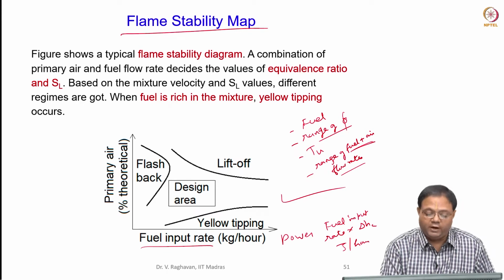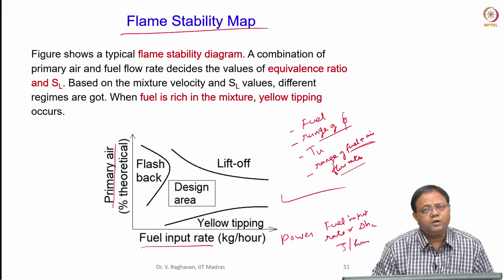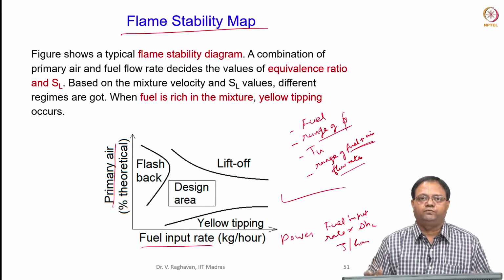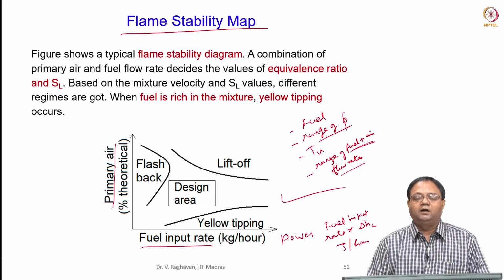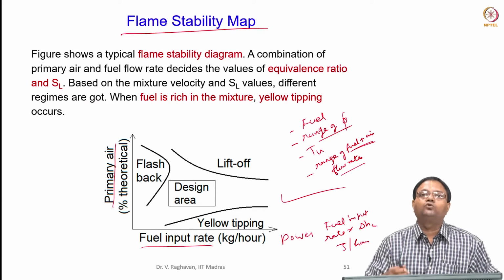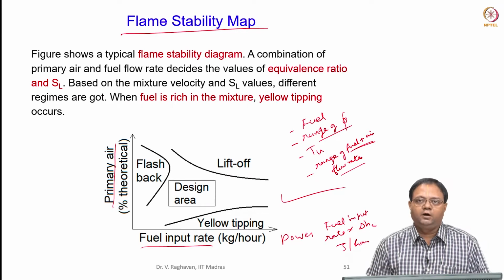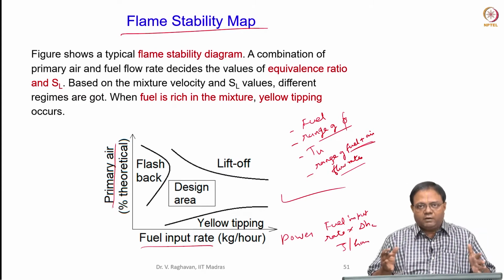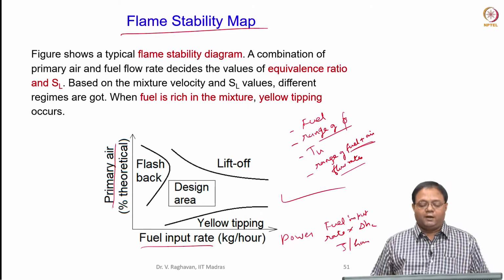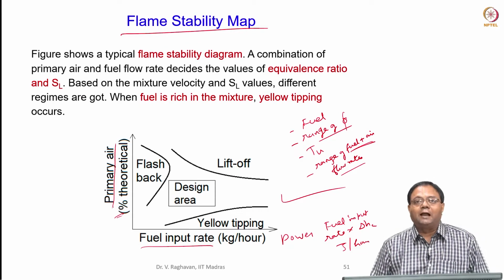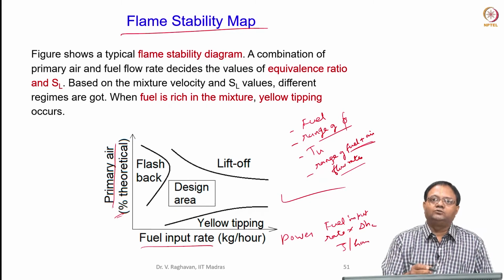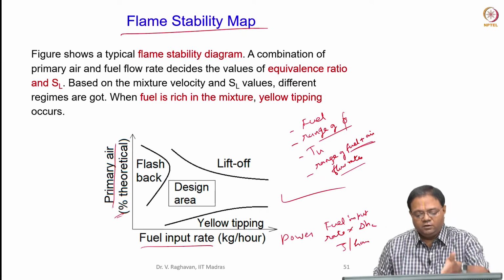Similarly, for the fuel flow rate, we have to supply air. Why I call it primary air is because normally in a big combustion there will be stages of combustion. So we will have primary air, and we will also have some secondary air to cool the hot products and so on. So secondary air, tertiary air, zonal air will be supplied. So primary air basically is the air which we supply along with the fuel. So that is called primary air. This is actually calculated as percentage theoretical. Stoichiometric is 100%. So whether it is 80% stoichiometric or 120% stoichiometric, etc., it will vary like this.